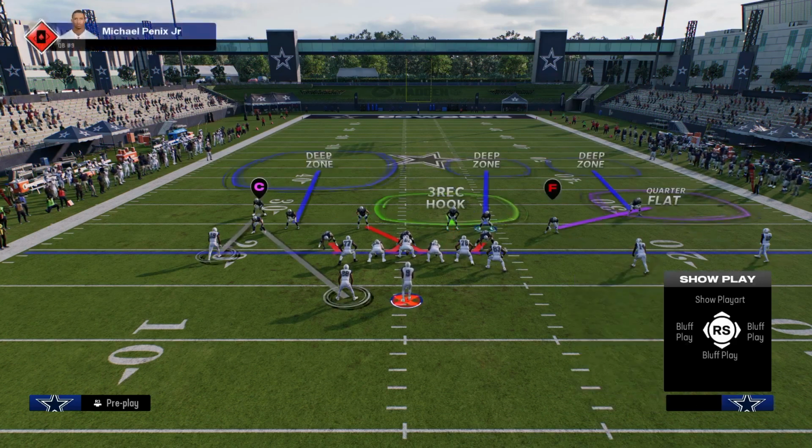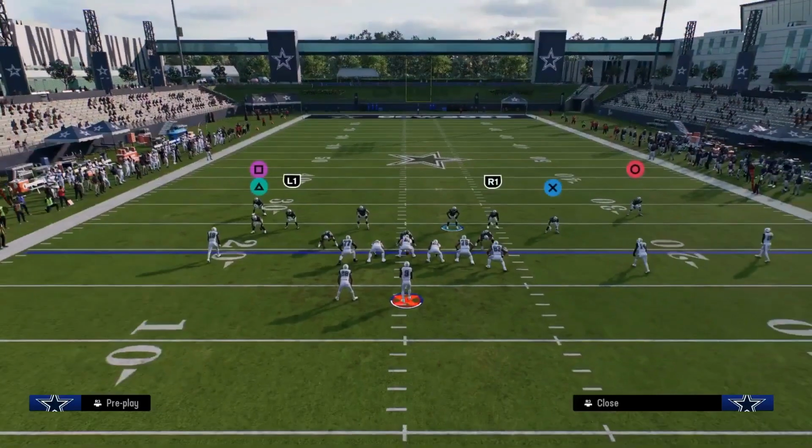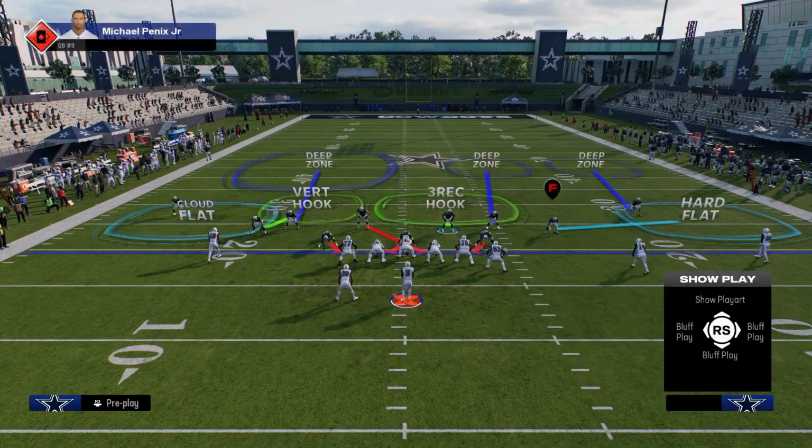And the main reason we're calling this is because we already have the cover 4 set up. So we're just going to simply vert hook this guy on the left. We're going to shade underneath, and then we're going to cloud flat this outside player. This is going to do a really good job against those corner route things that I was talking about, but